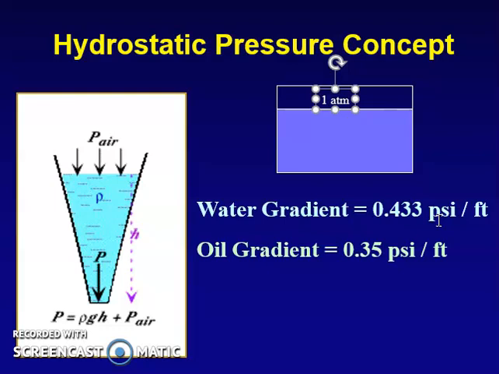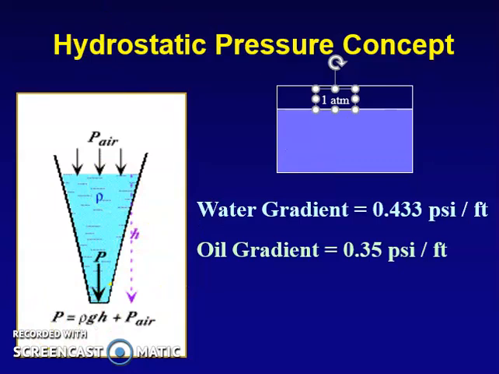Now, if you go 10 feet, what would be the pressure at the bottom? Think about it. 10 feet, right? So you just multiply by the pressure gradient, which is 0.433, which makes it 4.33 psi. Is that the pressure at the bottom? No, because you didn't consider the air pressure, right? The air pressure is 14.7 psi or 1 atmosphere. So you have to add 4.33 to the 14.7 psi, which makes the pressure at the bottom for our example